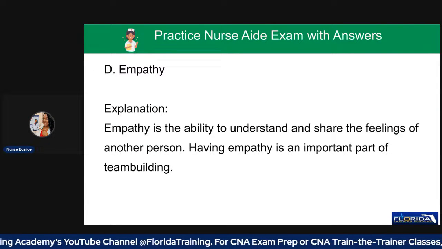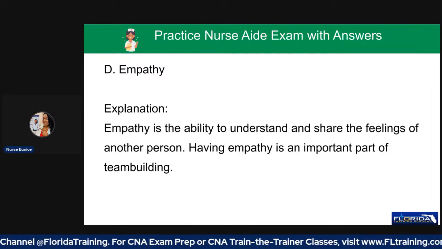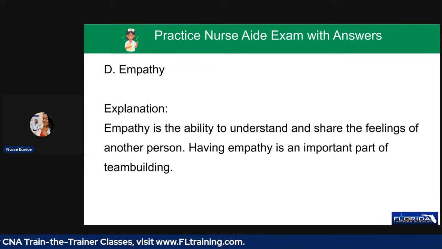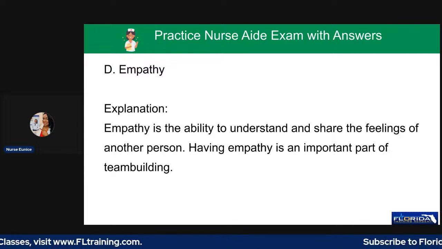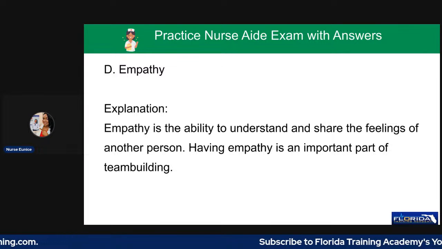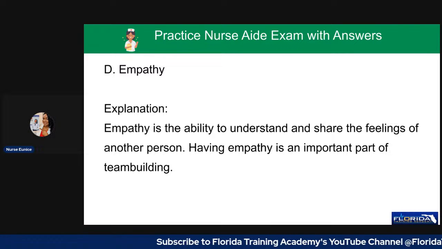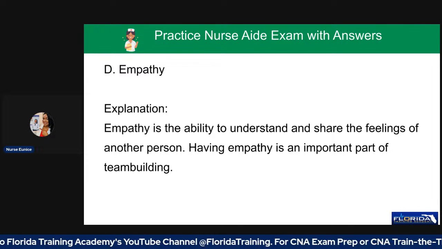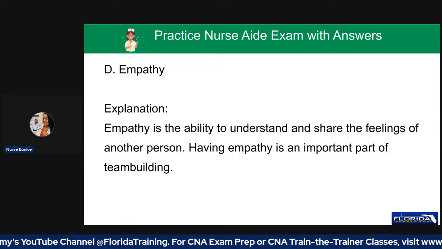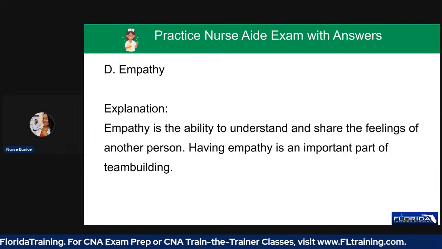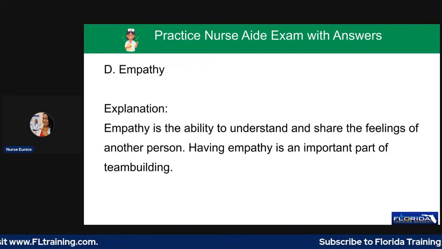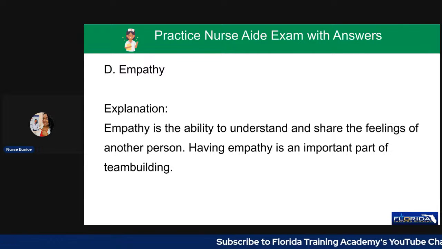If you chose empathy, you are correct. Empathy is the ability to understand and share the feelings of another person. Having empathy is an important part of team building. I remember what it was like being a new mom trying to return back to work, having the baby blues, having mom guilt. And so you want to be supporting that person as much as possible and encouraging them to stay, because otherwise they may decide that it's too much for them. They may need the job, but they also may decide it's just best to stay away from nursing for a while, or the care facilities and the 12-hour shifts, so that they can focus on the child and be with the child more often. So we need you all to be supportive of new mothers.